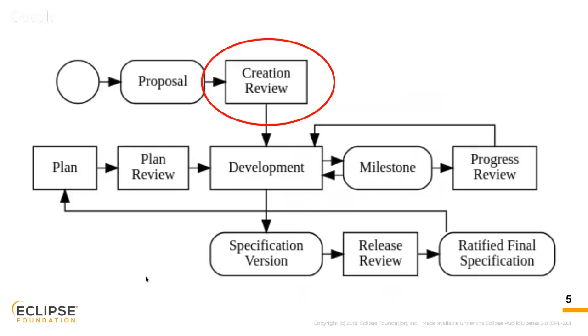The reviews through this process all require approval from the specification committee of a working group. This is a committee that's basically put together to provide some governance and oversight of the specification process, specifically for the Jakarta projects. And so part of it is that we get their approval on the creation review and the progress review. Much like with the JCP